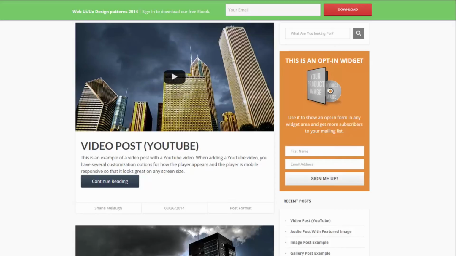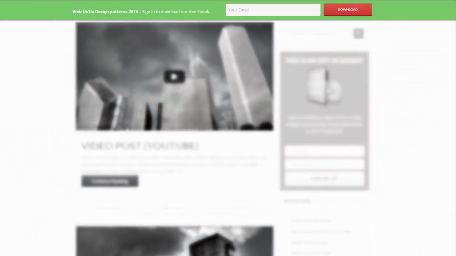Here's another opt-in form type that is actually completely different. What I'm talking about is this ribbon at the top, right? We call this a ribbon type opt-in form. And this can be in view all the time. So as someone's scrolling down the page, they always see this ribbon at the top. And this is where you present an offer. Now, this is a lot less interruptive because someone can keep seeing the content on your page, can keep reading your page as they're scrolling through it.